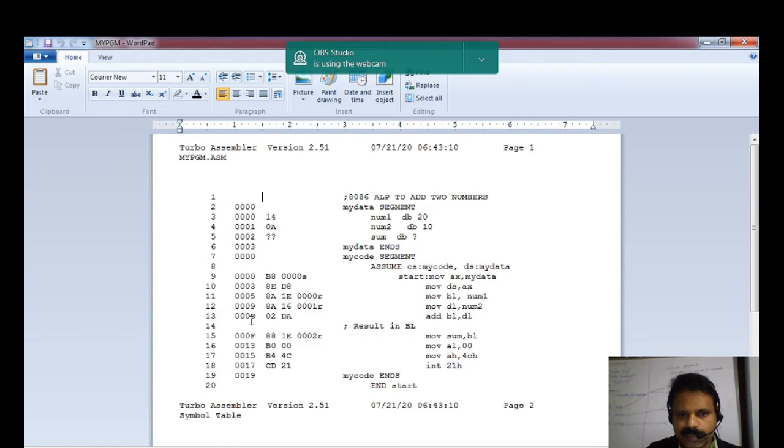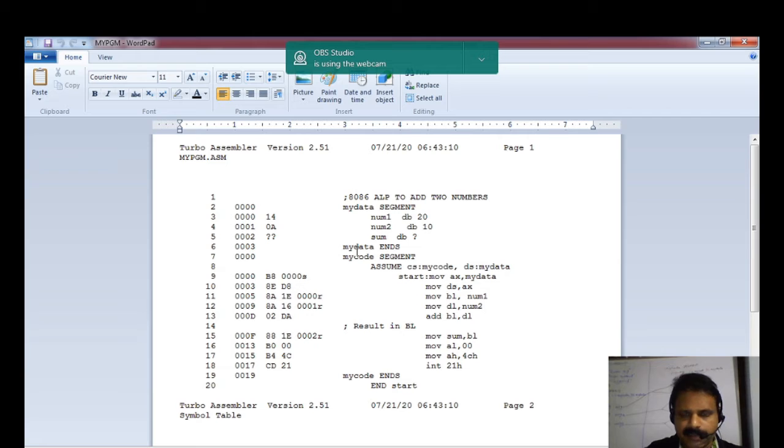So at the loading time you will get another set of addresses. See, translation addresses will be changed at the linking time, and you get link time addresses. Then these addresses will again change at the loading time.